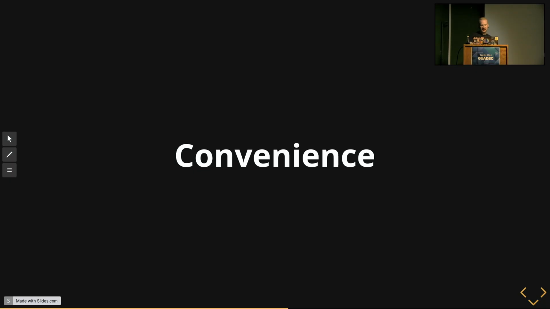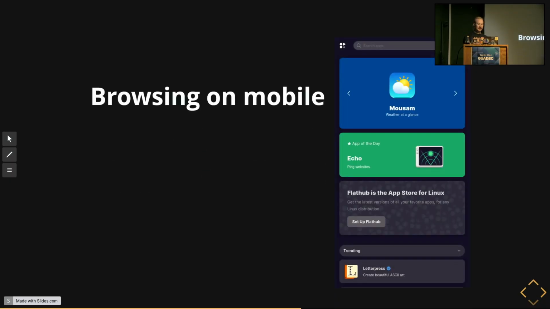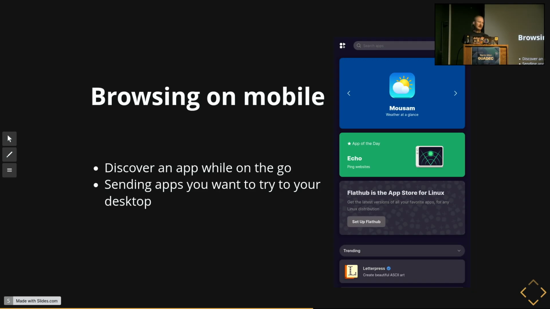So let's talk about convenience then. As I spoke about earlier, you can browse it on mobile fine. It looks something like this. It's optimized for that. And you can discover an app while on the go, and I end up sending apps to my other devices via Firefox in these cases.